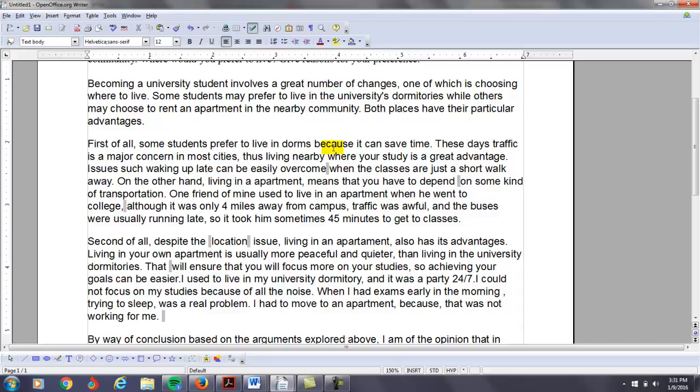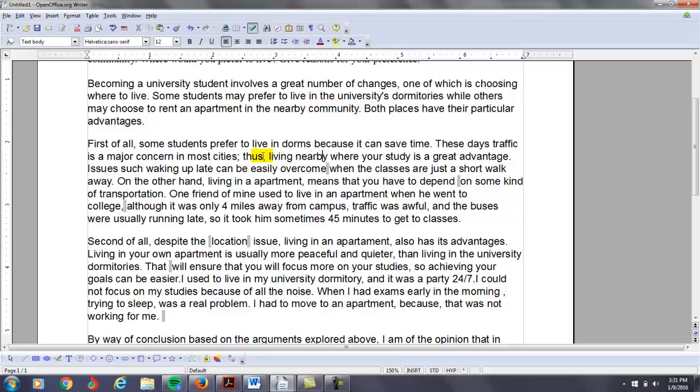And this is another comma splice. So this is a second sentence structure error you've had in as many paragraphs. So be careful. Again, why is this? You have these days traffic is a major concern. So you have traffic and is as a subject and a verb. Then you have living nearby is. But what if you did this? You can use semicolons. You can put thus,